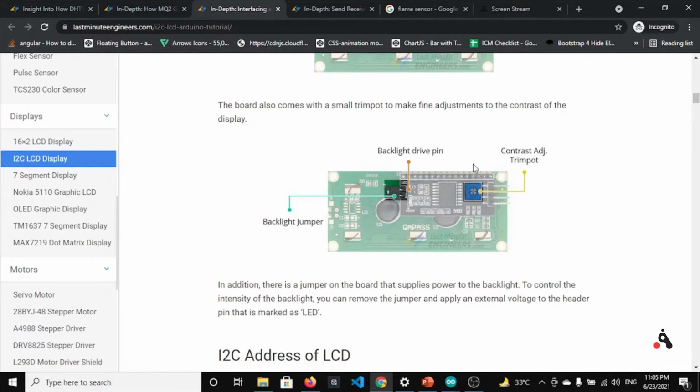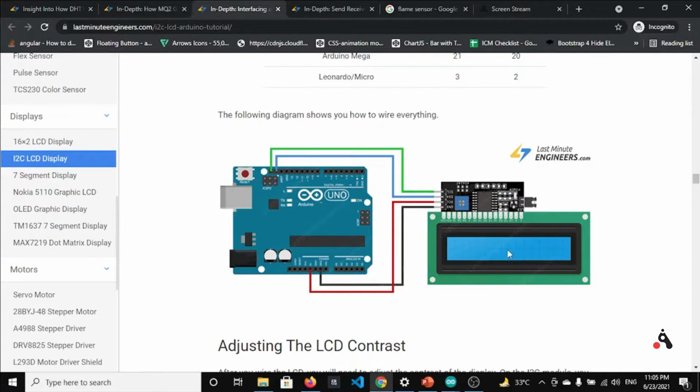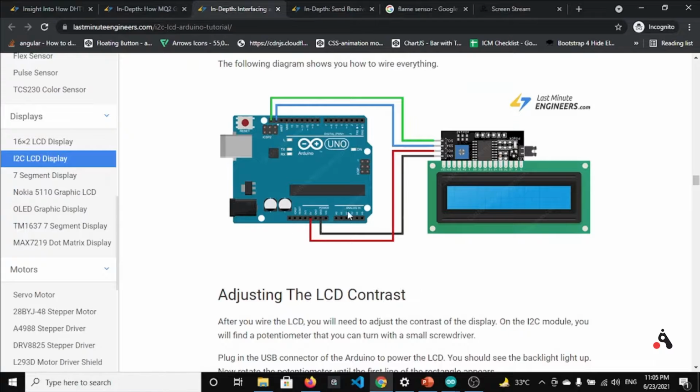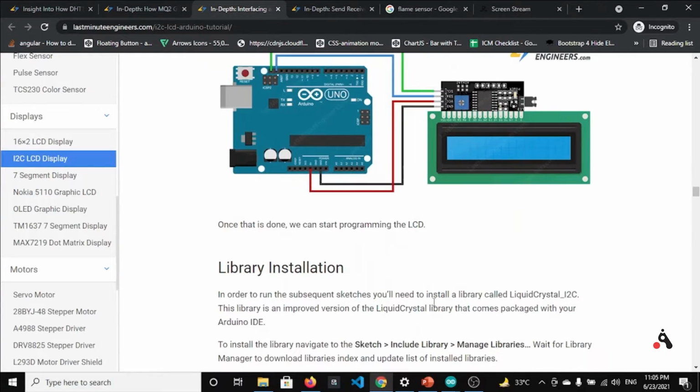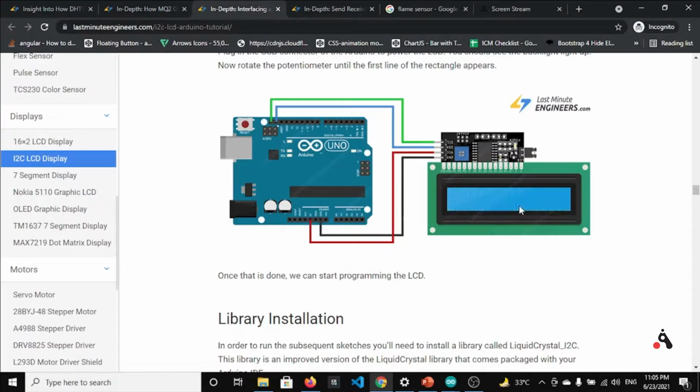I will discuss the coding for the I2C LCD display in the second part. You can see the circuit diagram of how you can hook this LCD display to your Arduino. It is very simple. You have to use the 5 volt supply to give power, and ground to ground, and the remaining two, SCL and SDA, are connected to A4 and A5, which I have used. A4 and A5 you can use for SCL and SDA, and these are fixed. You have to use A4 and A5 for your LCD display.